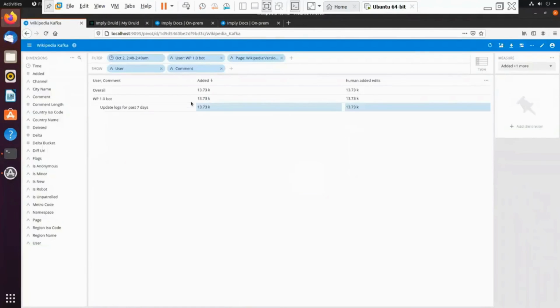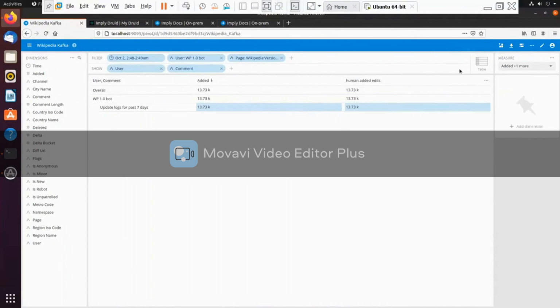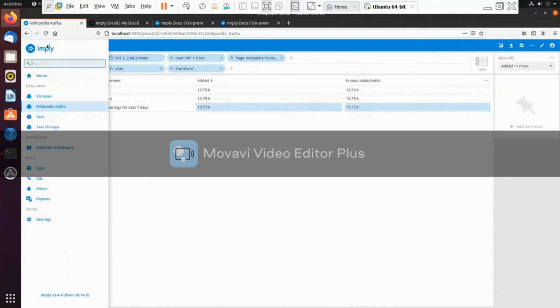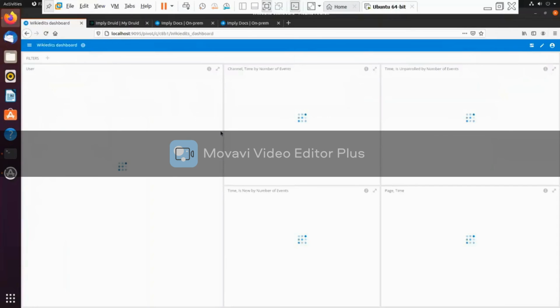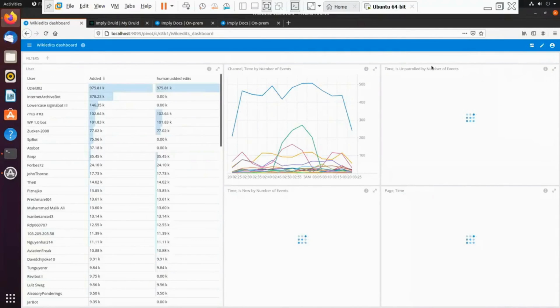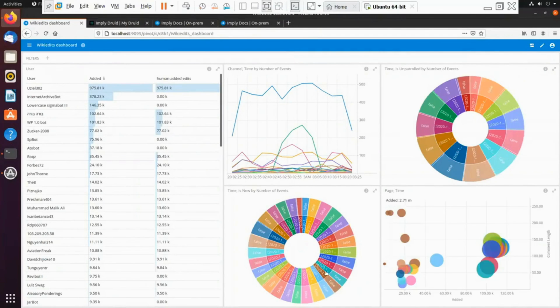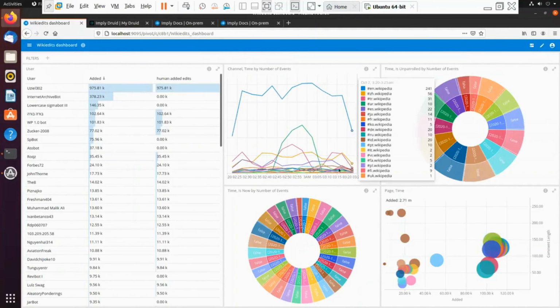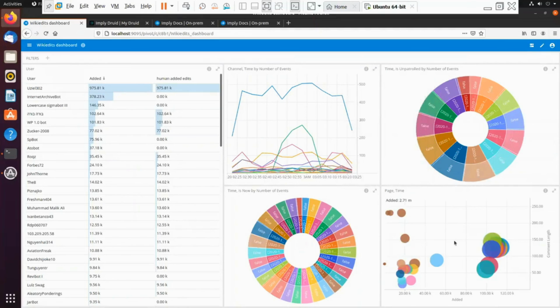So now I will reset this so that everything becomes back to normal and we can play around with other pages. You can see that now everything is back to normal.